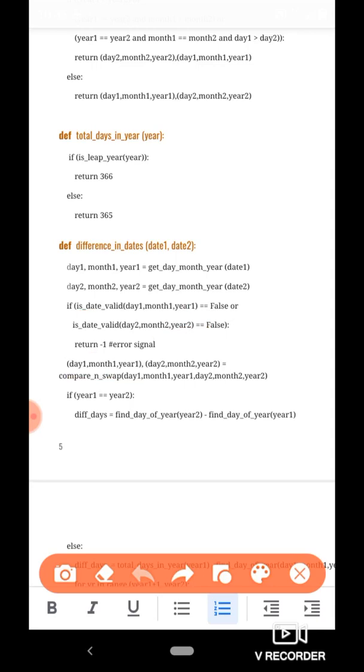As we compare and swap the two dates in this statement, which we have already discussed how that is done, day 1 month 1 year 1 gets the values for the earlier date, and day 2 month 2 year 2 gets the values for the later date. No matter how the user actually input the two dates, the user may have input the later date as the first date and the earlier date as the second date, but this function compare and swap will compare them and swap them if necessary